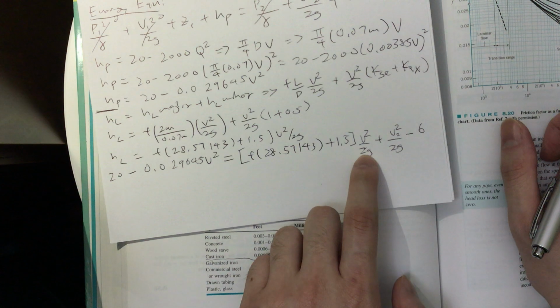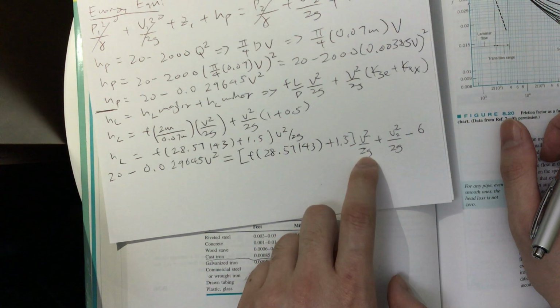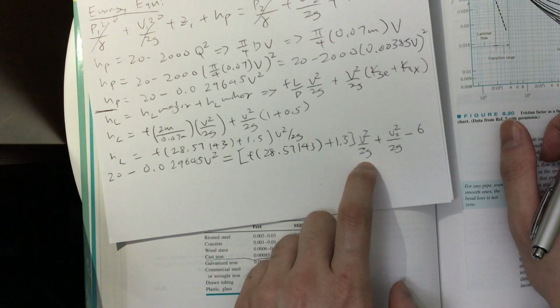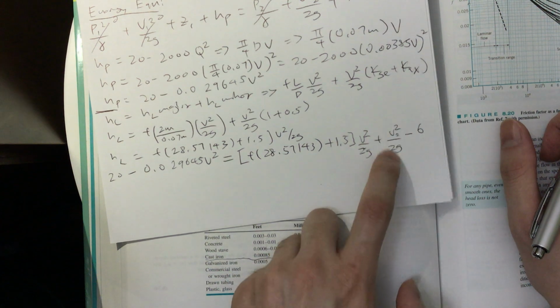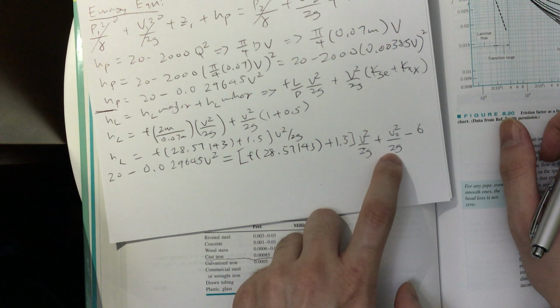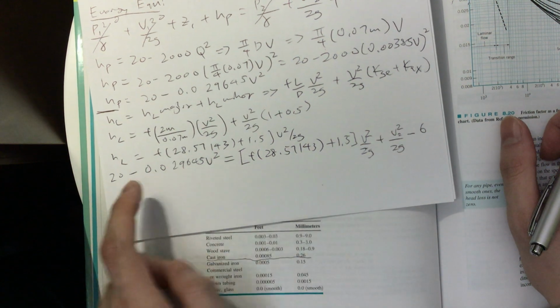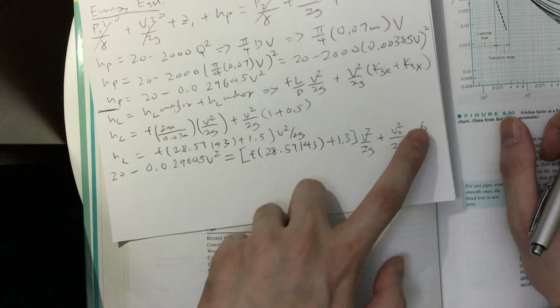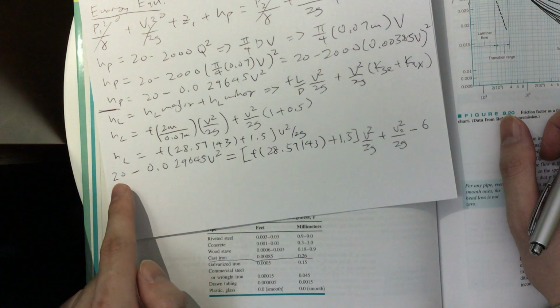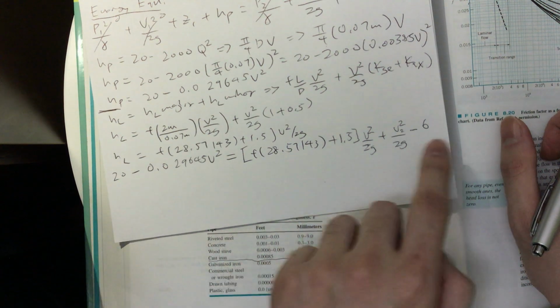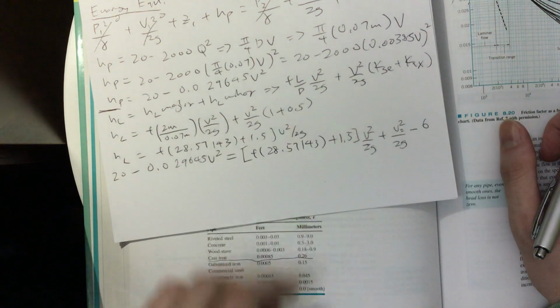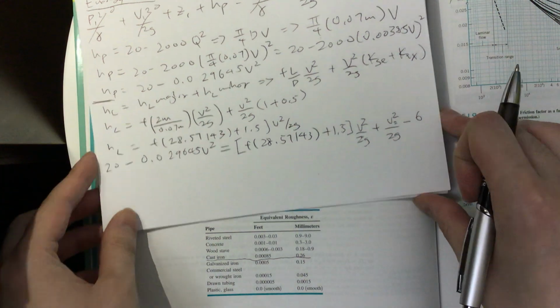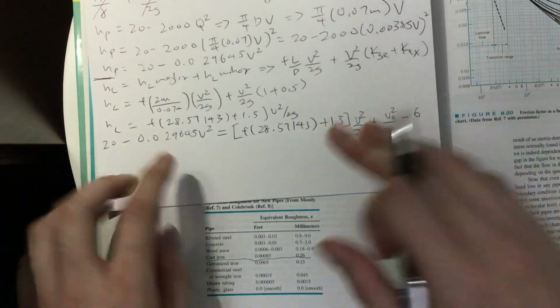get rid of the fraction, so multiply this on the top by 2g, 2 times 9.81. Multiply 2 times 9.81 to this side, and you also multiply 2 times 9.81 to this side when you put the 20 with the 6, and that gives you 26. 26 times 2g. So that's going to be